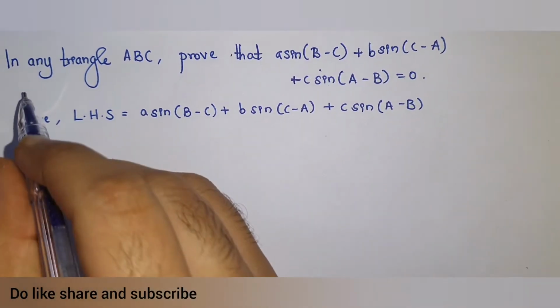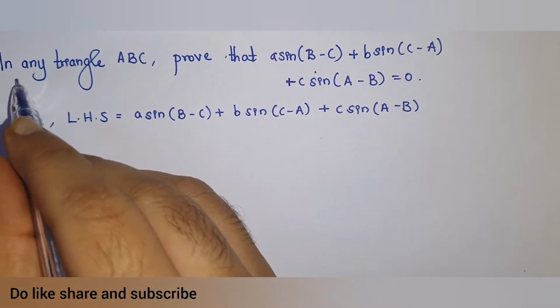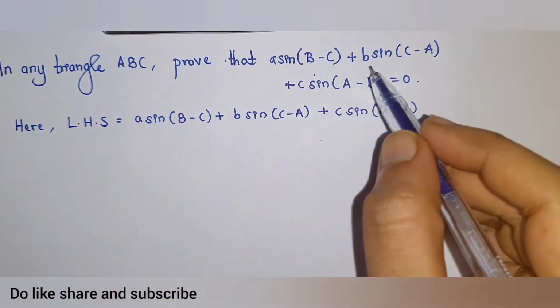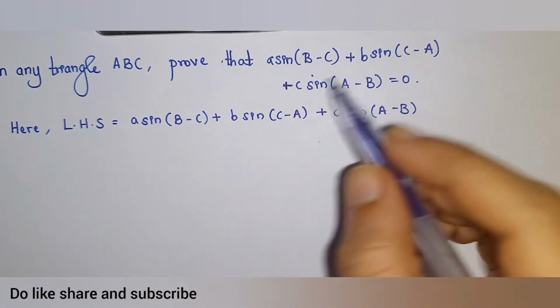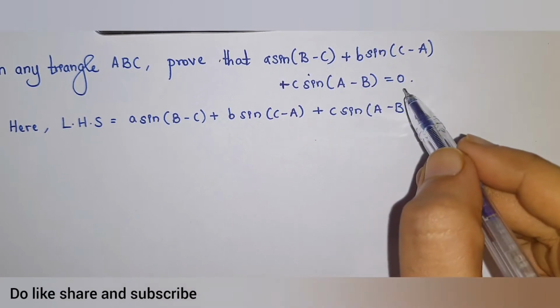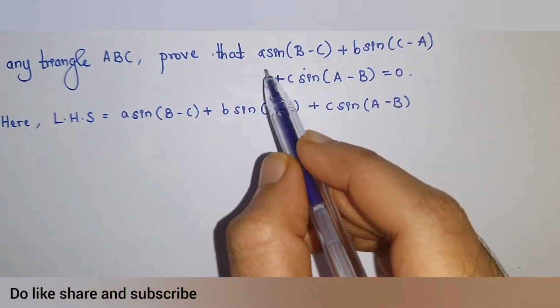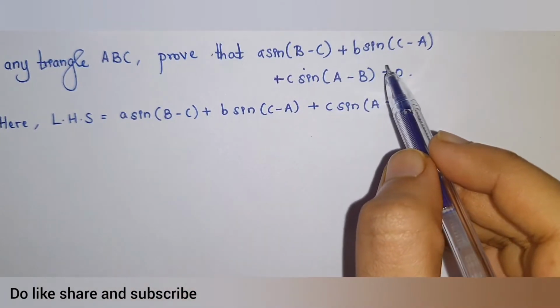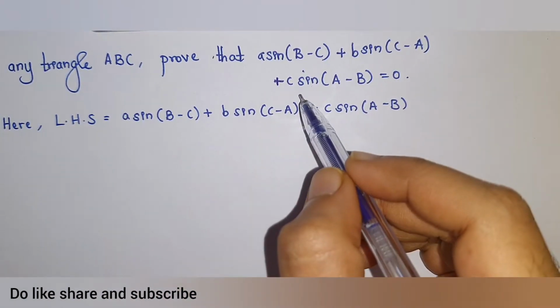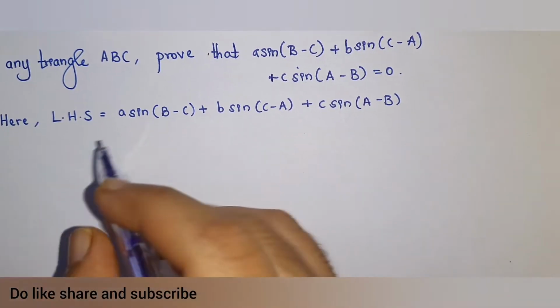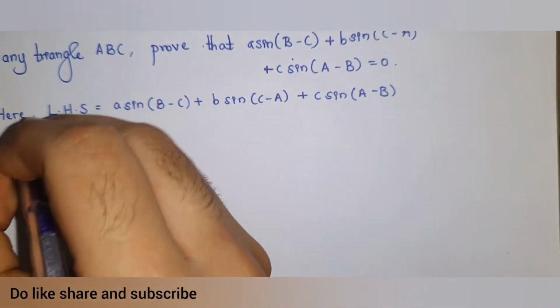Now in this lecture we have this sum. In any triangle ABC, prove that a sin(B minus C) plus b sin(C minus A) plus c sin(A minus B) is equal to 0. Here LHS is equal to a sin(B minus C) plus b sin(C minus A) plus c sin(A minus B). Now we know that